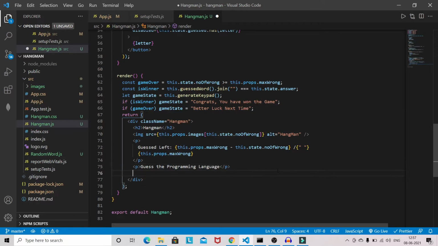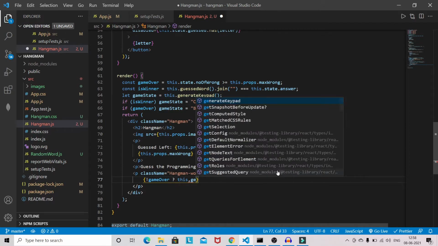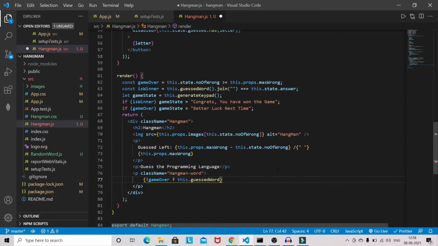Now we will have to show the guessed word here. So class name, I'll be using hangman word, and I will use: if the game is not over, the user will keep guessing, else this.state.answer.